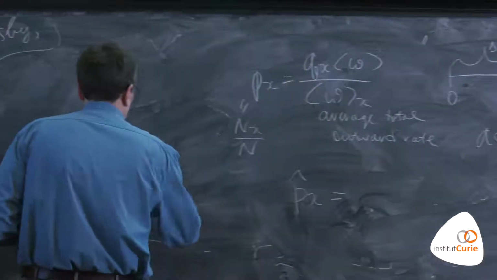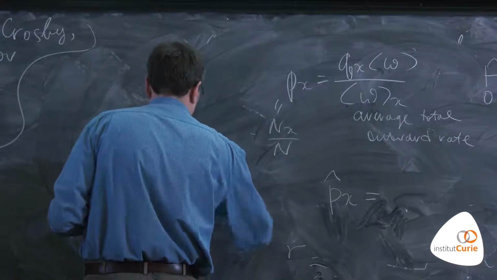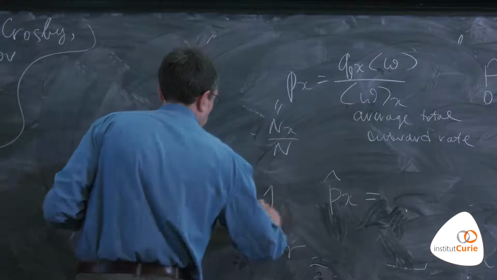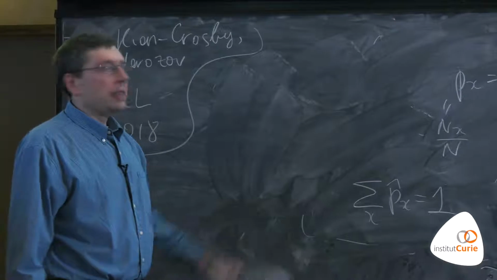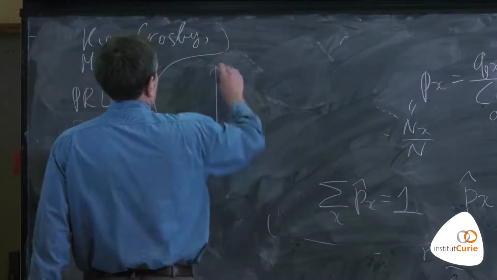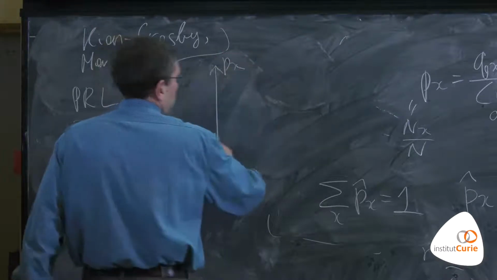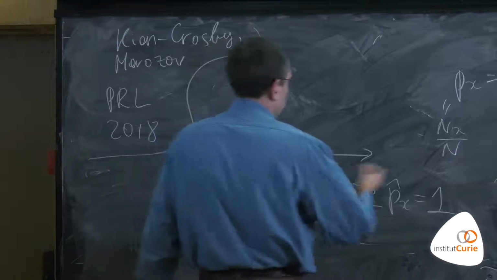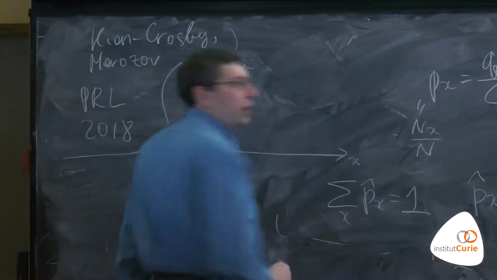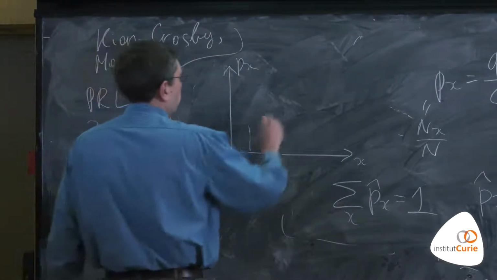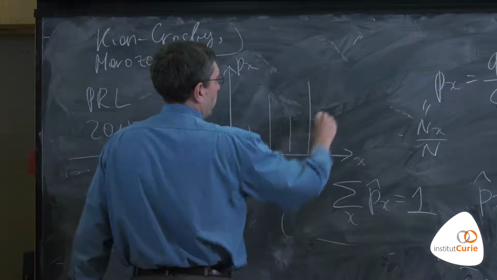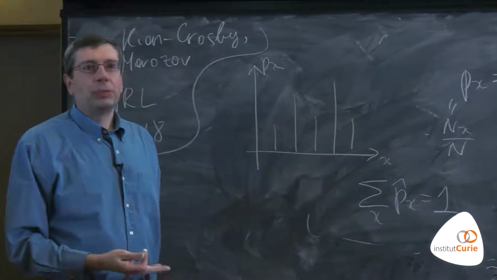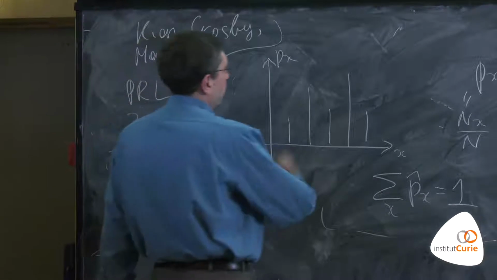So I want to impose that the sum of these maximum likelihood values, it's a very interesting system. So your P of x is your predicted probabilities of property x. So they sum to 1, but they're all random numbers. So usually you're probably used to some probability distribution like this, right? And it sums to 1,